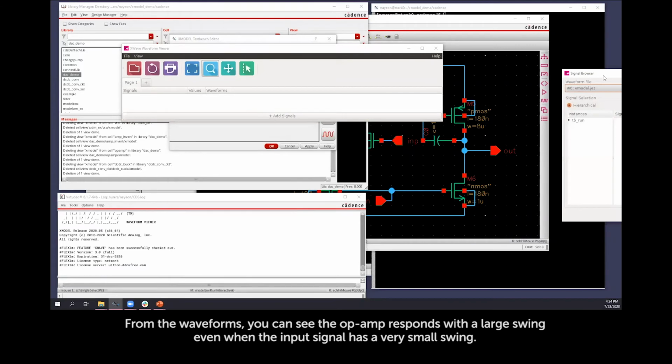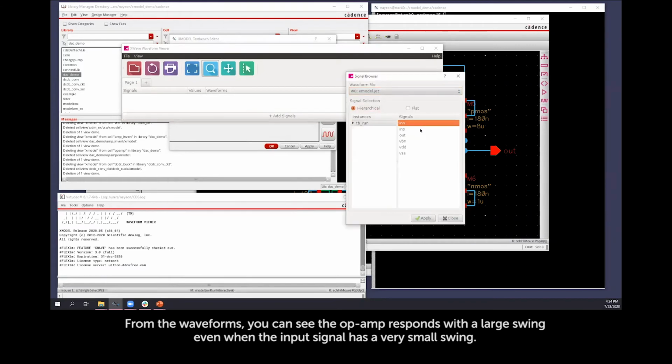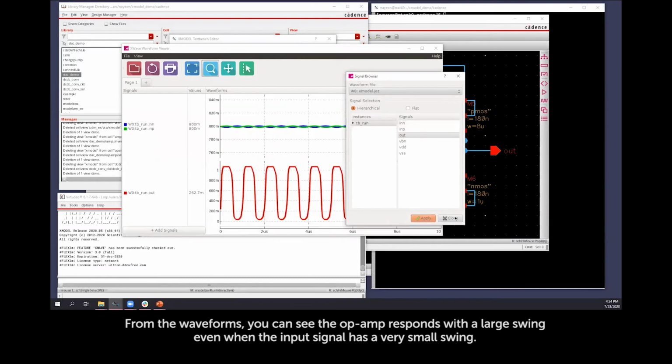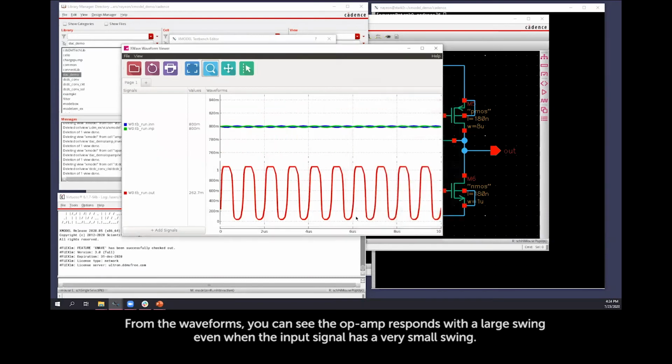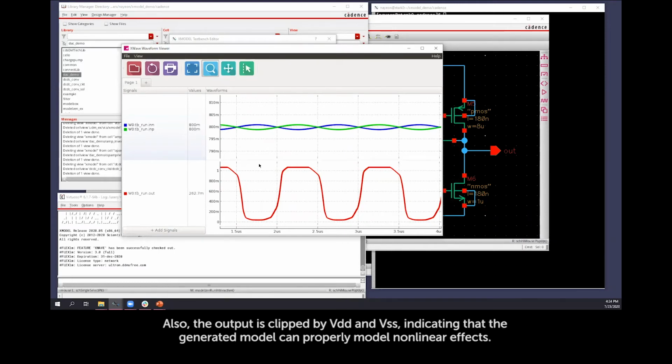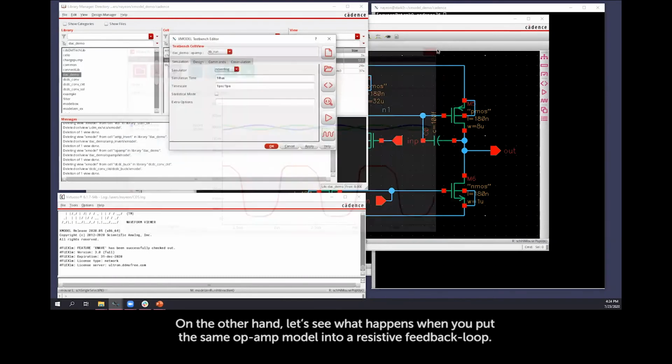From the waveforms, you can see this op-amp responds with a large swing even when the input signal has a very small swing. Also, the output is clipped by VDD and VSS, indicating that the generated model can properly model nonlinear effects. On the other hand,